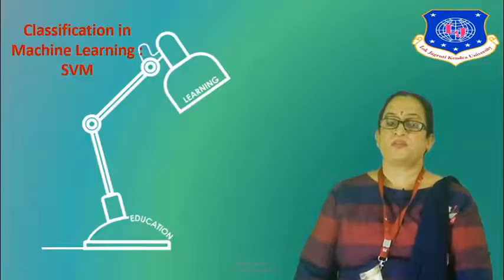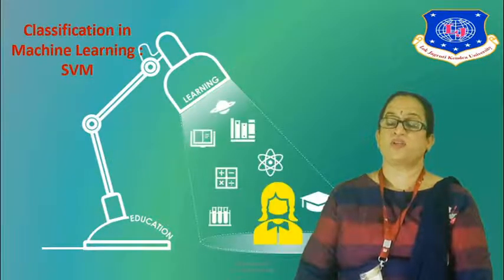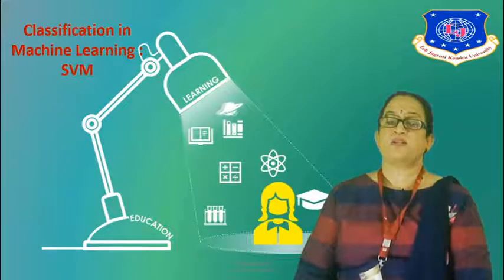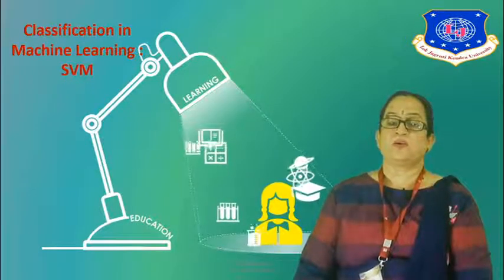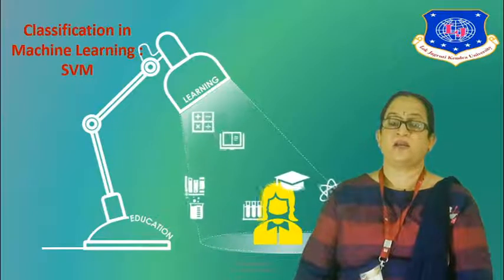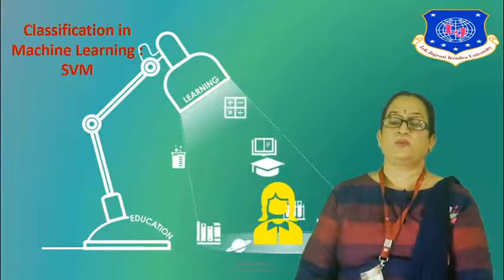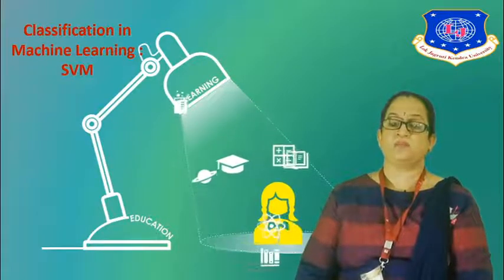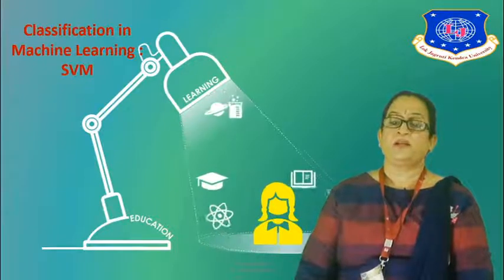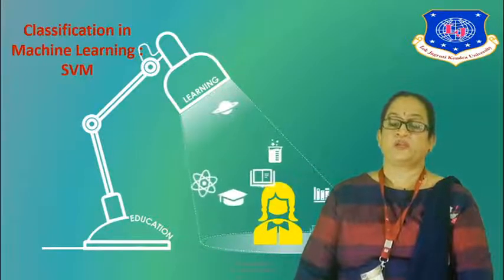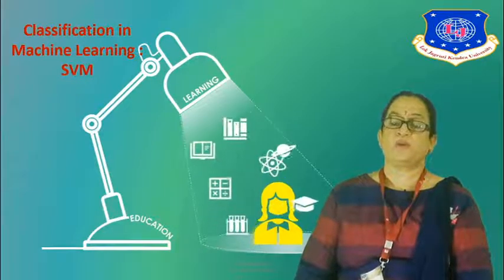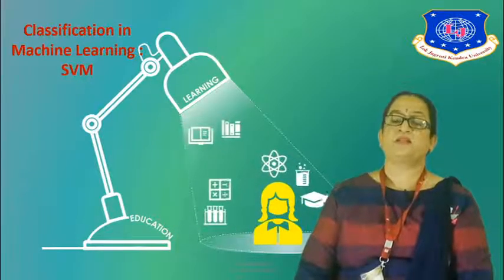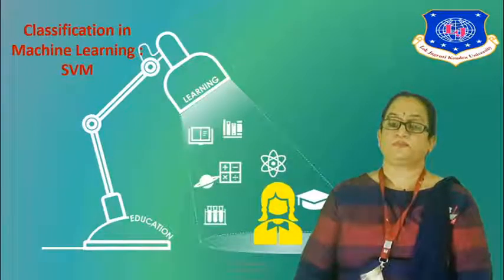So SVM is basically a support vector machine algorithm. It is a classification algorithm which works by drawing a line and separating the classes. It has very good advantages when compared to other machine learning algorithms, and is very popularly used for classification. It could also be used for regression, but it is more popular for classification. Let us see more about SVM.